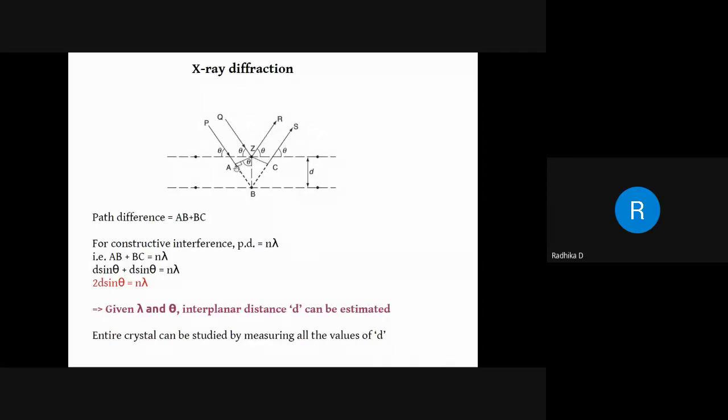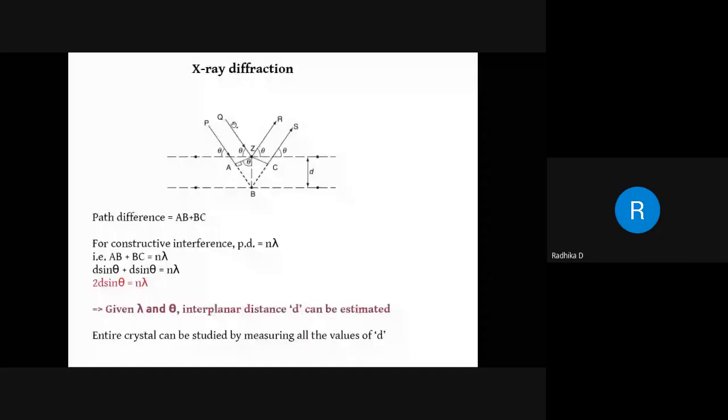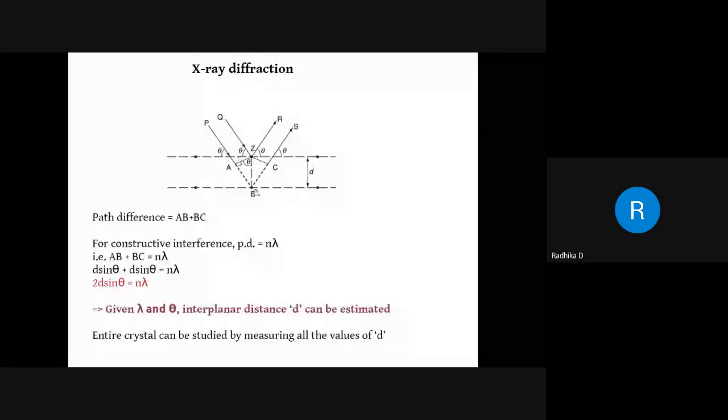That means the extra distance, that is AB plus BC, I will call this the path difference between the first X-ray which hit the top plane and the second. Path difference is the difference between two rays. Which are the two rays? One is the incident ray which has hit at the top of the plane, the incident ray which has hit at the bottom. The second one has traveled the extra distance. This is the extra distance, AB plus BC, which is like this kind of kite shape, this dotted line. Okay, so AB plus BC is the path difference.